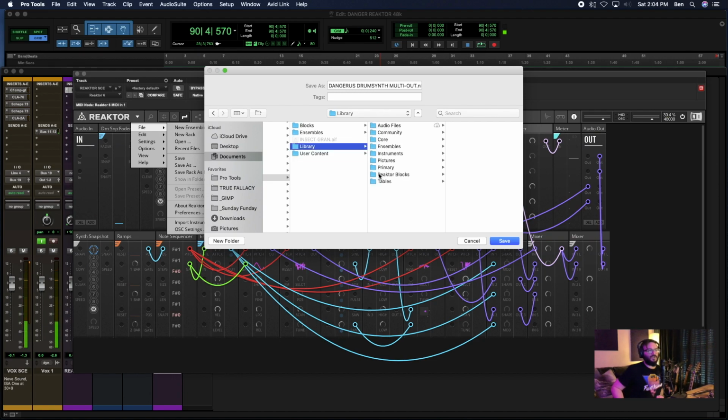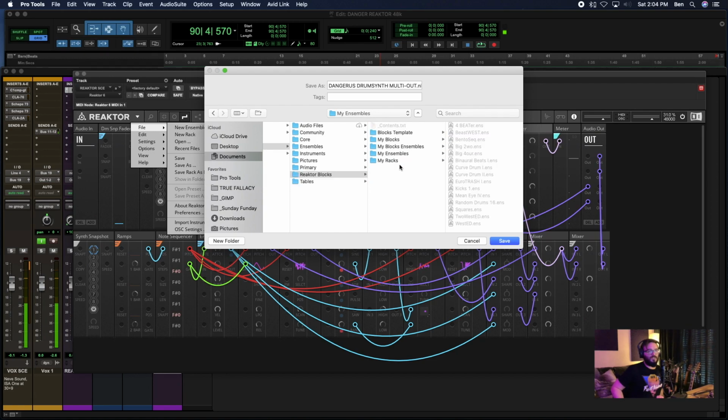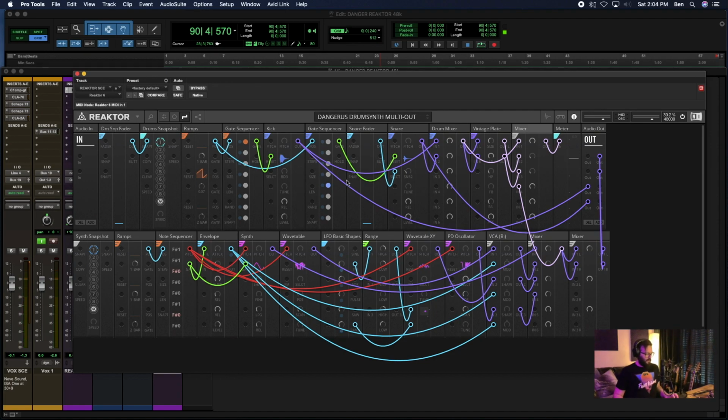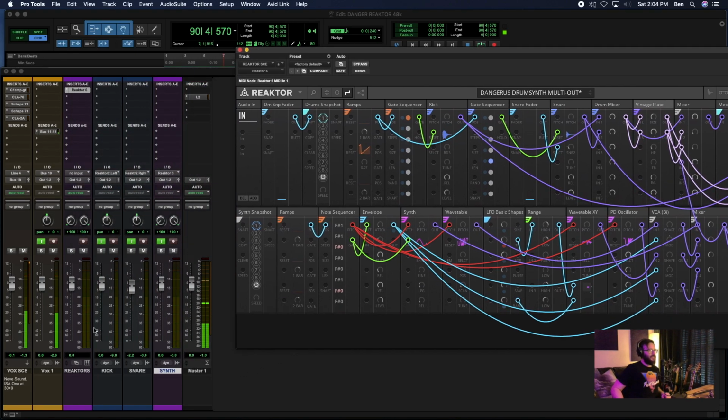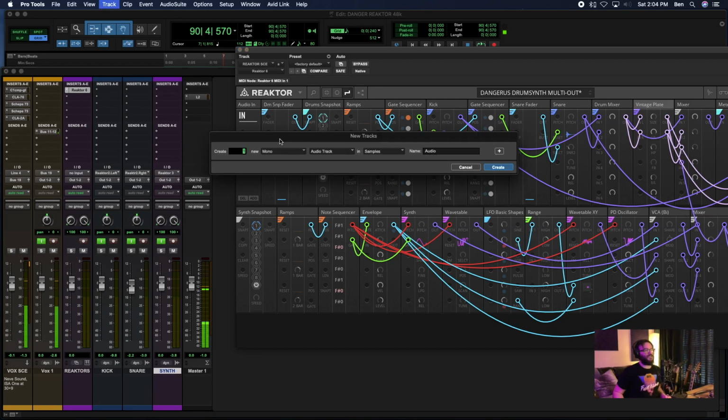So let's go into my trusty racks folder. I'm pretty sure I've found it. There we go. And now we have this saved. So we'll just grab this plate. For now, we'll leave this mixer alone. We might delete it later just to clean things up. But using our multi-out, we'll grab this plate sound,